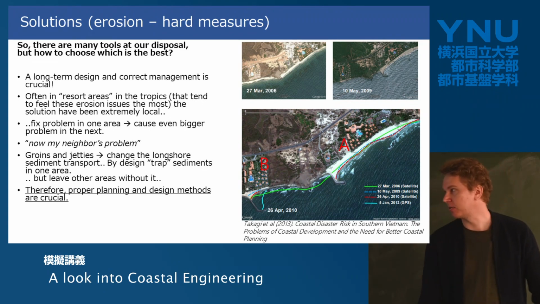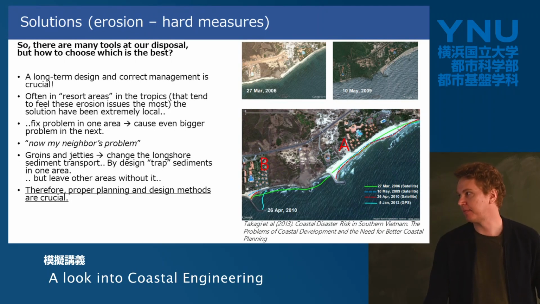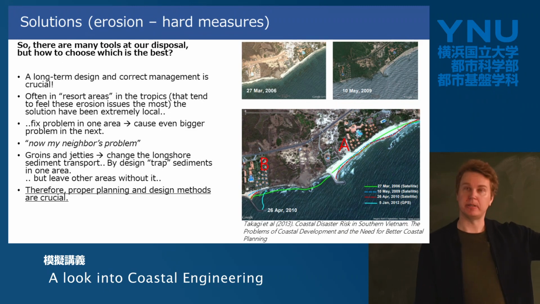A good example of this is what we often see in tropical resort towns, when the beach or the sand is just going away, being eroded. Then they decide that, okay, maybe at location A, we build a jetty here. The idea of the jetty is to trap the sediments. From these figures you can see there was a sandy beach here before. Then 3 years later, we have the jetty, and you can see how quickly the sandy beach is disappearing on the downside of the currents.